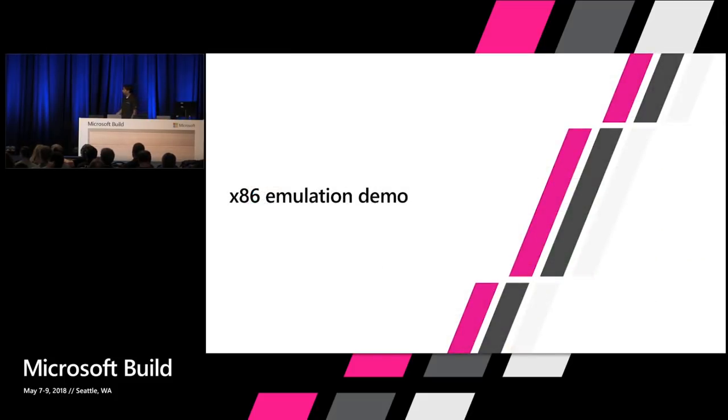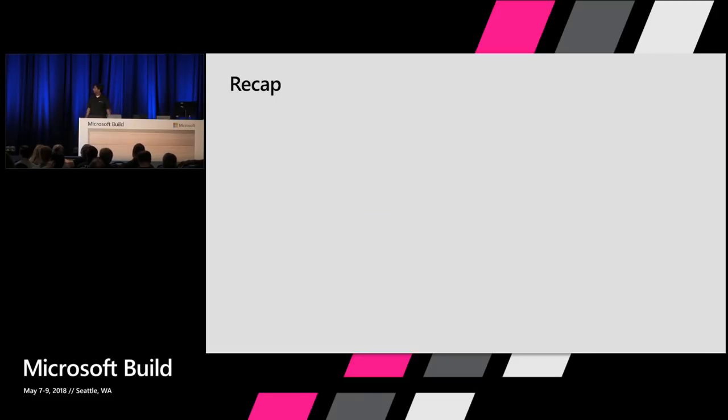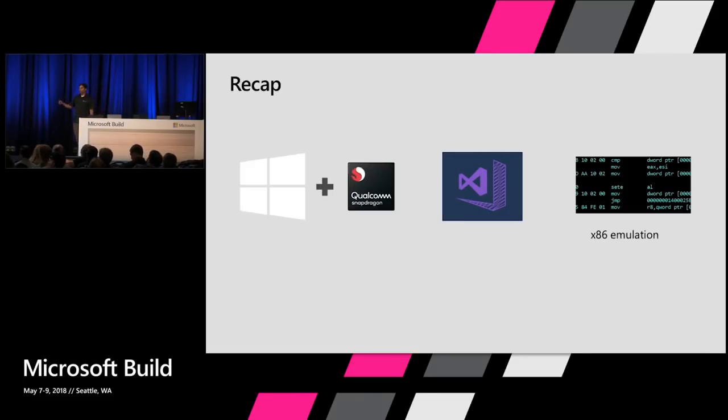Game ran well. So let's recap. What we talked about till now, we showed you how to make Windows 10 on ARM run well on Qualcomm Snapdragon processors. We talked about how we have tools now so that ARM64 is a first-class citizen. And then we talked about the x86 emulation layer. This is done for the day zero problem. Now that we have given you tools,